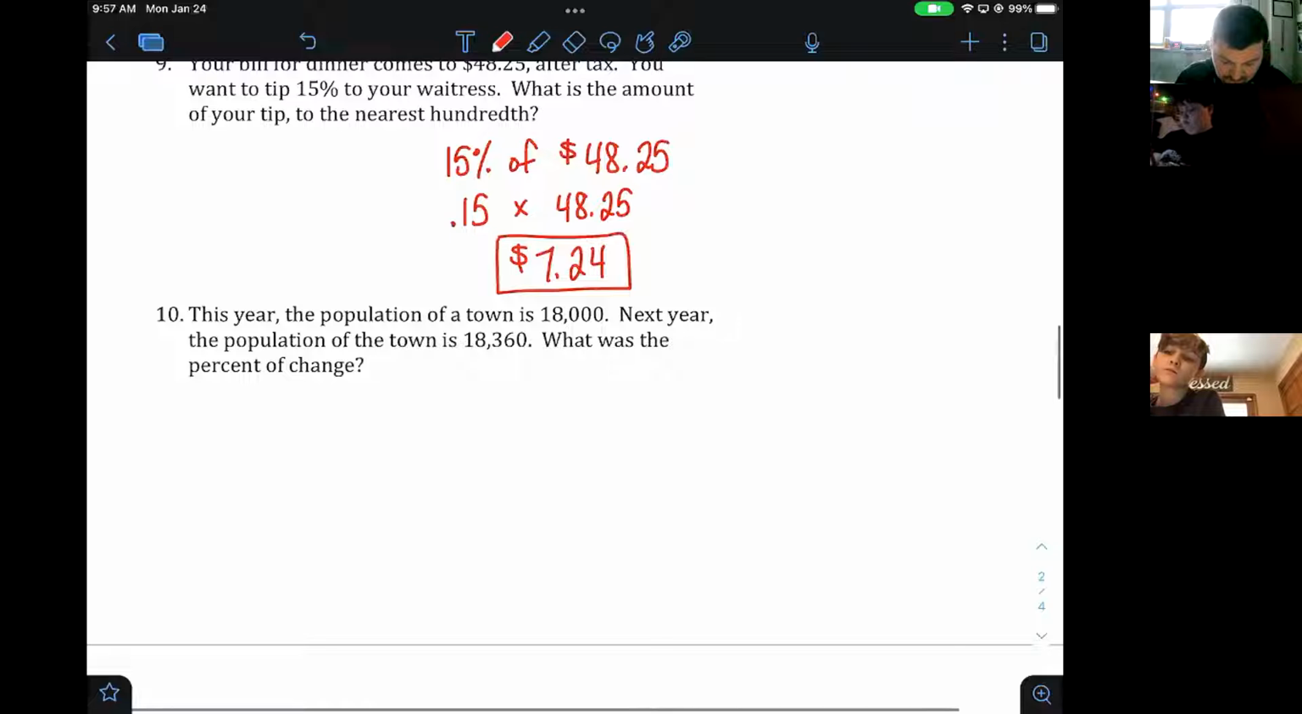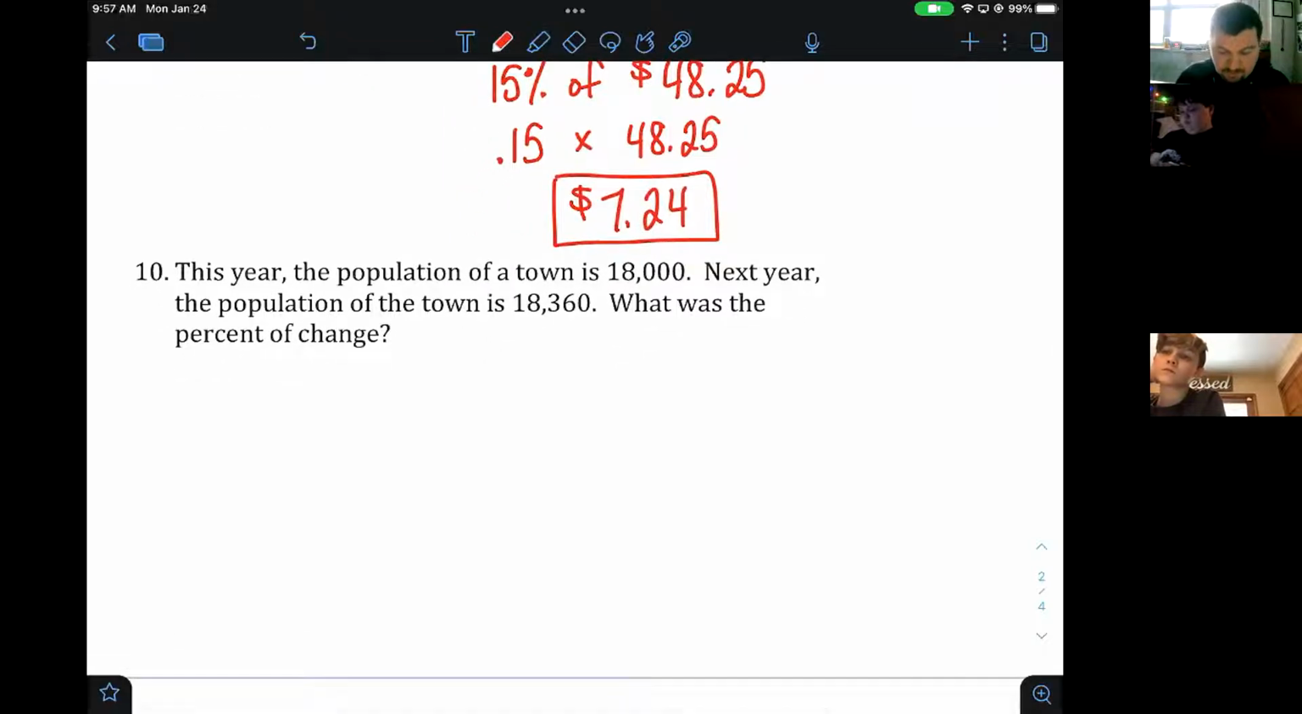All right, our last question is number 10. This year, the population of a town is 18,000. Next year, the population of the town is 18,360. What is the percent change? Okay, so for percent change,